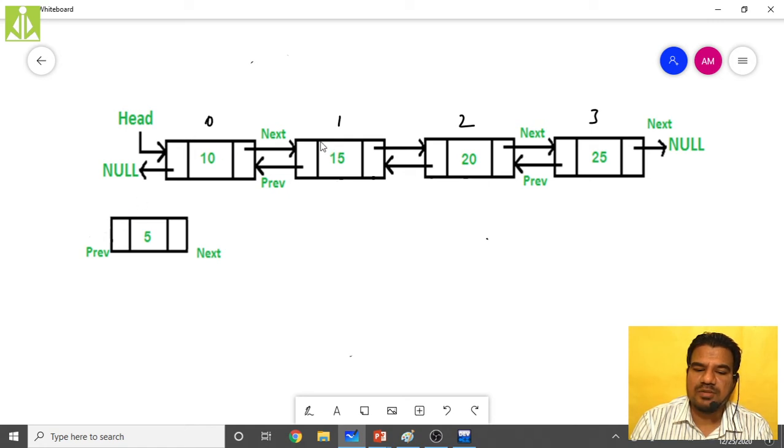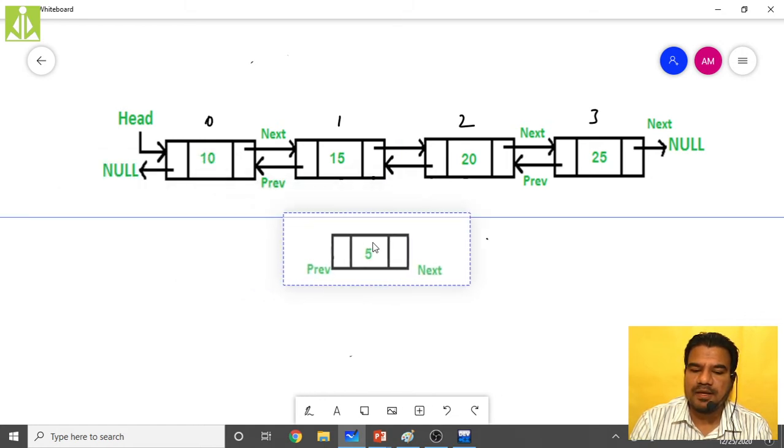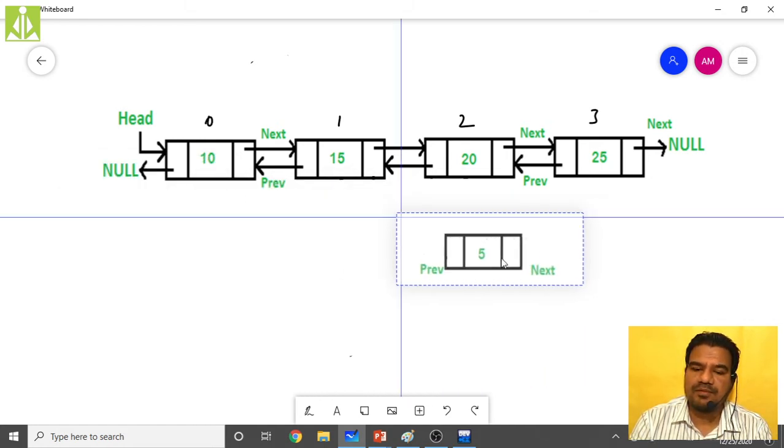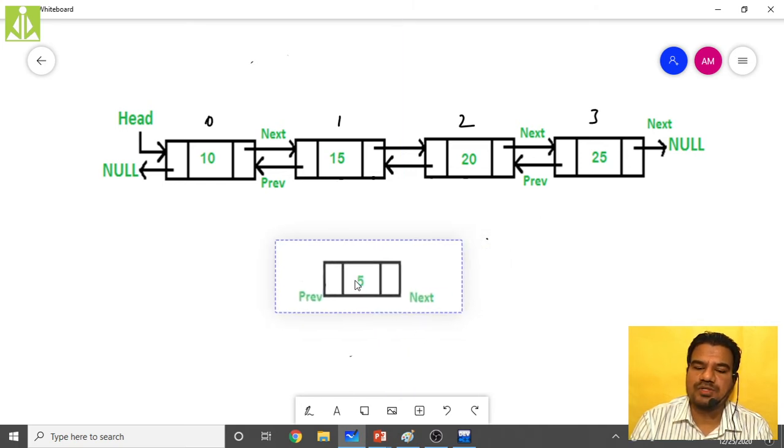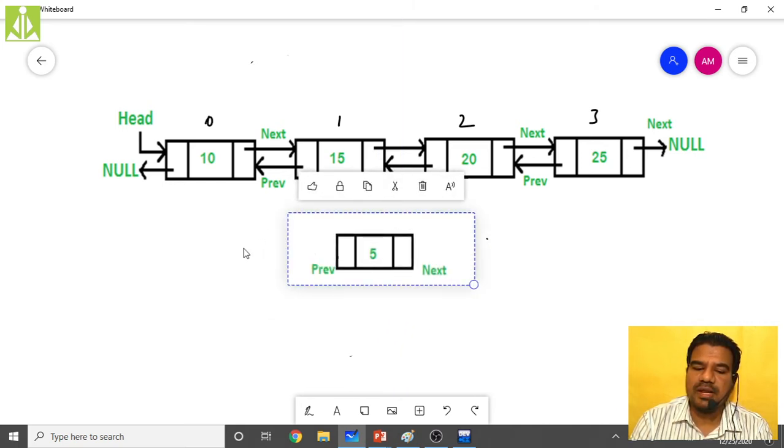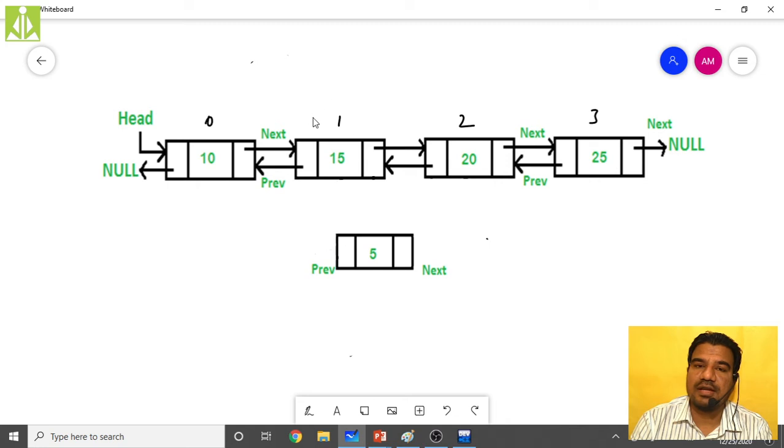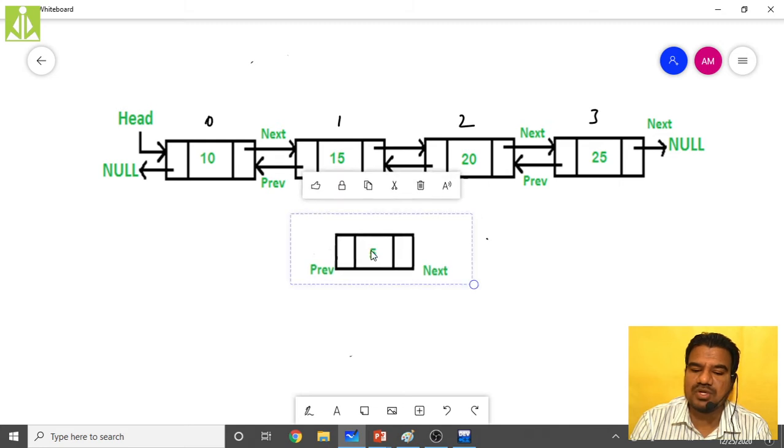And my second possibility: if I want to add the same node somewhere in the middle, I have two possibilities. Somewhere in the middle, in the sense that they have given a node position. Let us say they have given node position 1 and they want me to add this node.